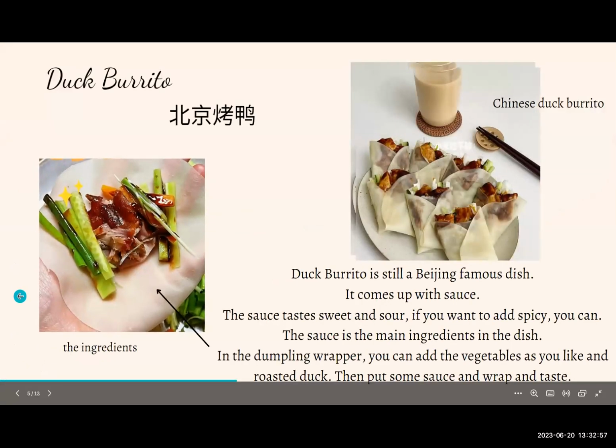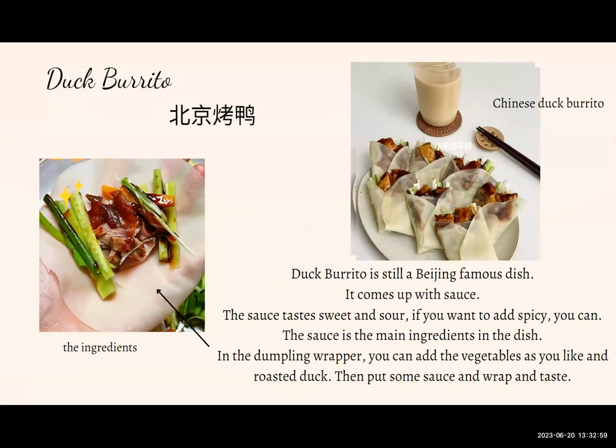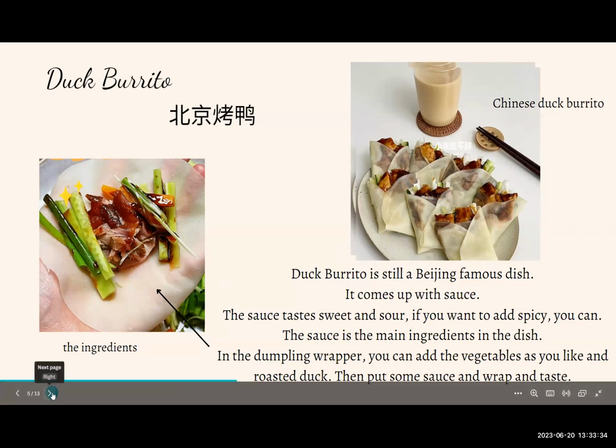This is the duck burrito, also known as Beijing Kaoya, which comes from Beijing and is a really famous dish. It comes with a sauce, and here is a photo of the packing style of duck burrito in China. The sauce is the main ingredient in this food. For the other ingredients, you can add whatever you like. This is an example of ingredients that you can add, but the meat must be roasted duck. And let's move to